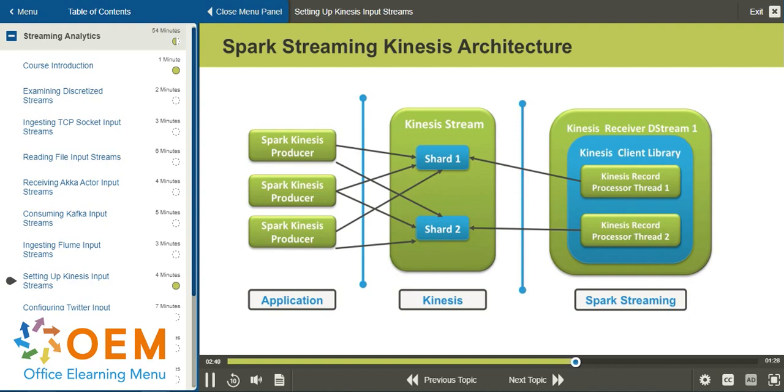So there are a couple of things to keep in mind with this at runtime. Kinesis is a data processing system. It's ordered per partition, and it's guaranteed